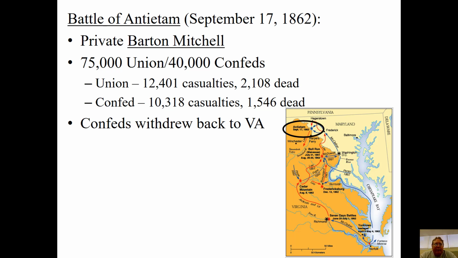He calls together his generals, he issues orders, he brings together about 40,000 Confederate troops and launches them into the North. Unfortunately for Lee, some of his battle plans, some of his orders to his generals are actually lost. They're dropped by one of his couriers, and it's picked up by a Union soldier by the name of Barton Mitchell. He turns it over to his superiors who look at this going, hey, we have Lee's battle plans here. We know where he's going and we know when he's going to be there.